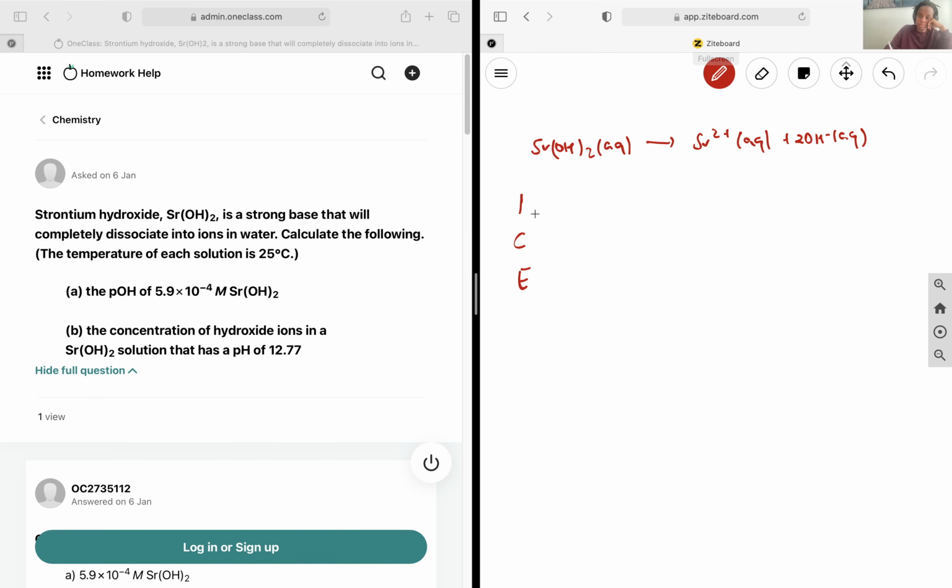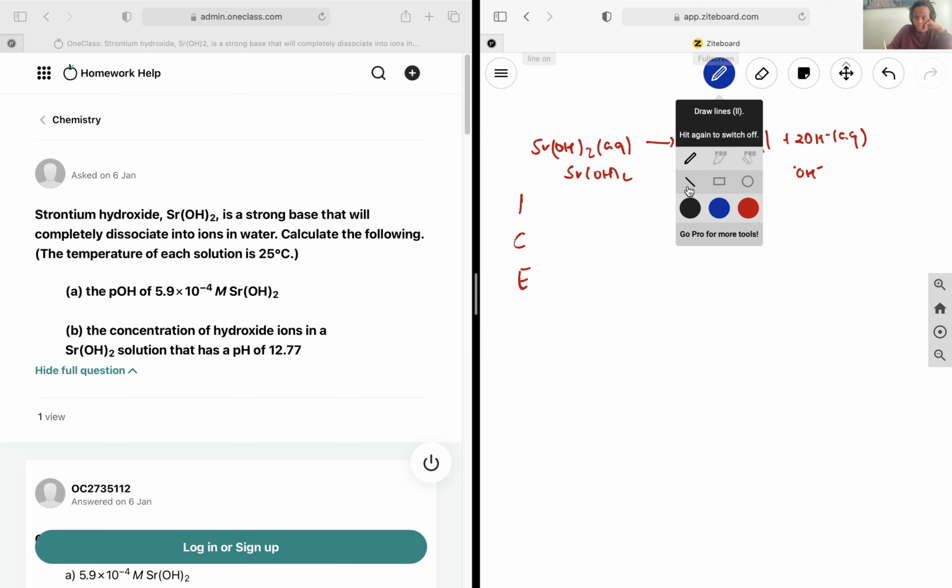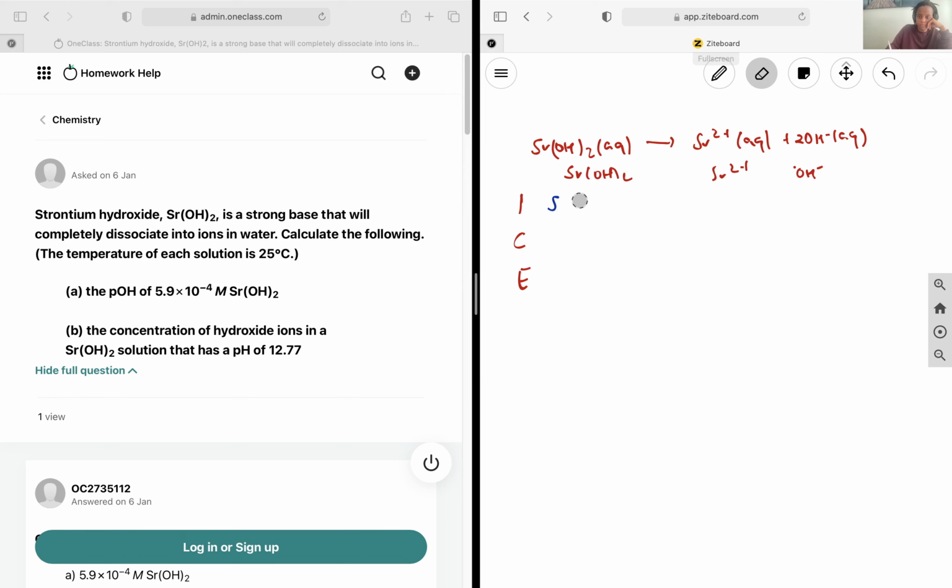And so because of the fact that we know that it's going to completion, if we just put in what we have, okay, so initially we have 5.9 by 10 to the negative 4, as we were told,